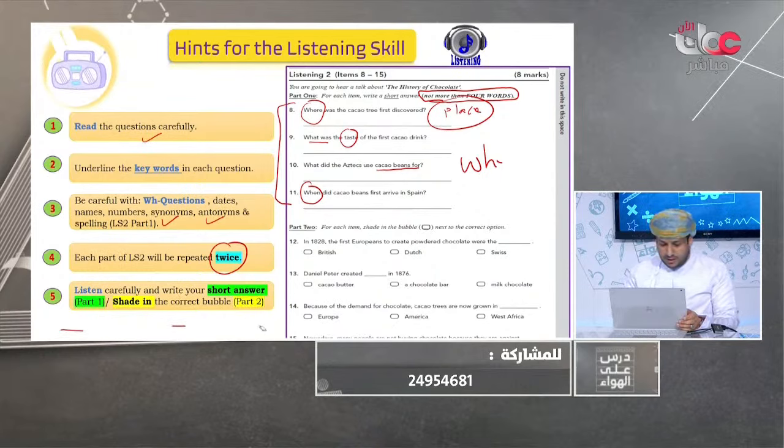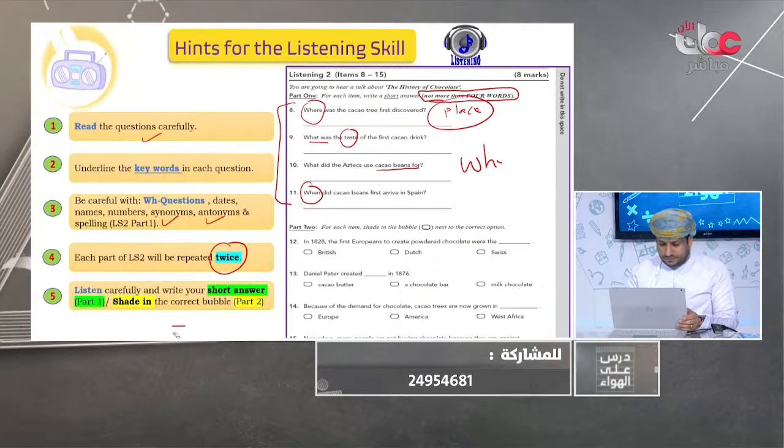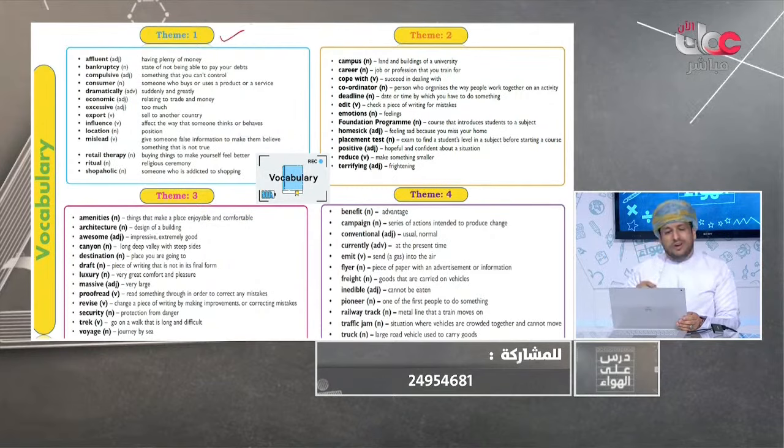All right, so let's go to another skill here. For the vocabulary section, this is in order according to the exam specification. Listening, then it will come the vocabulary task. For theme 1, you have already covered all these vocabulary. You have to go through all of them and read them, try to understand the meaning so that it might occur in the listening or in reading or in the vocabulary question. So like you are killing 2 birds with 1 stone.